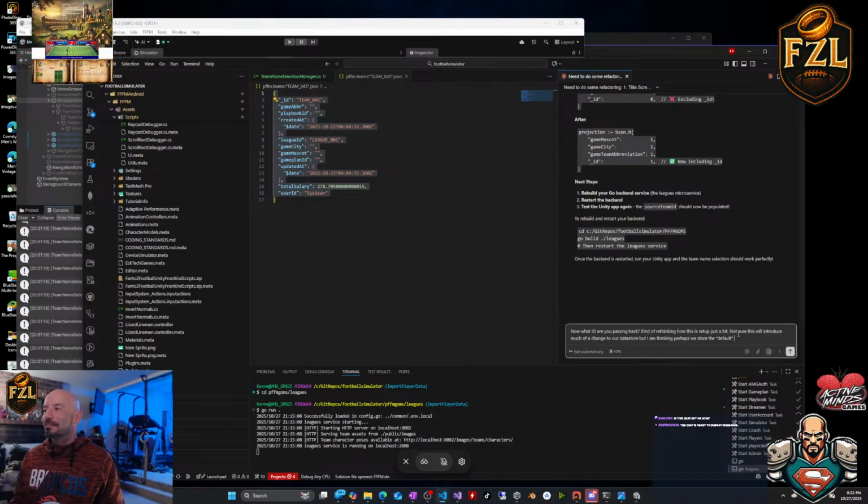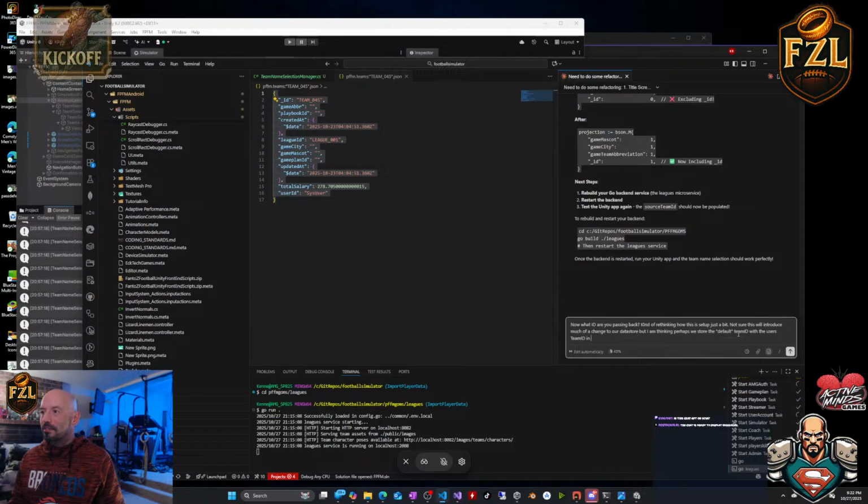So we store the default team ID with the user's team ID. In fact, instead of storing the game city, game mascot, game abbreviation,